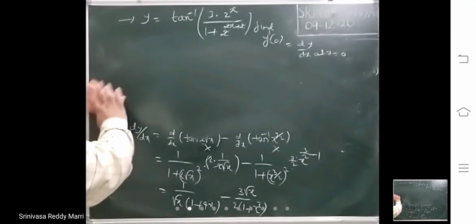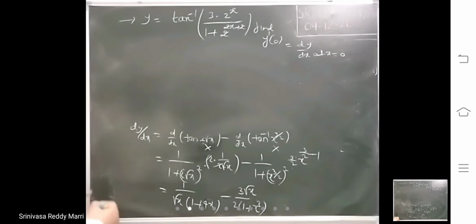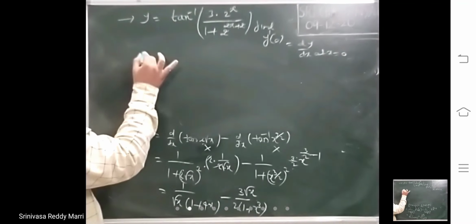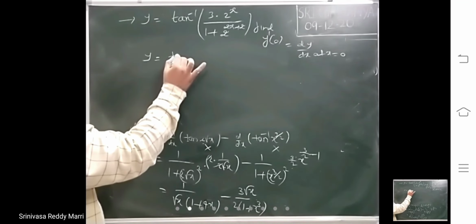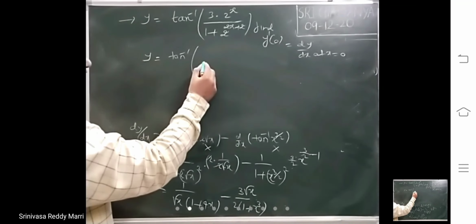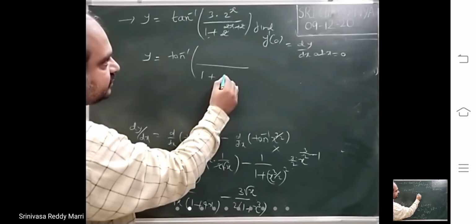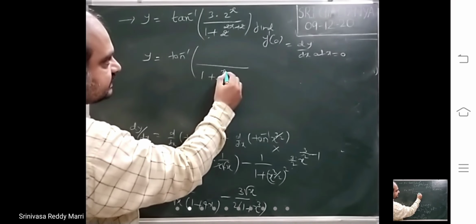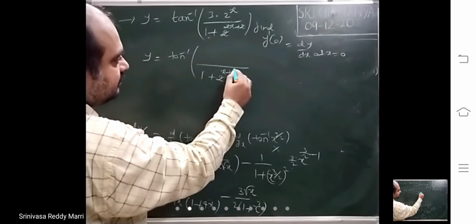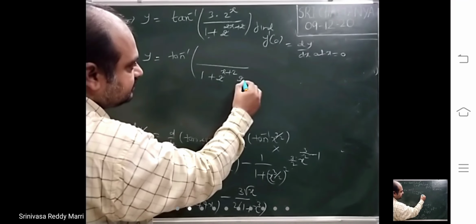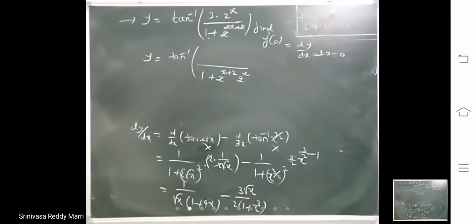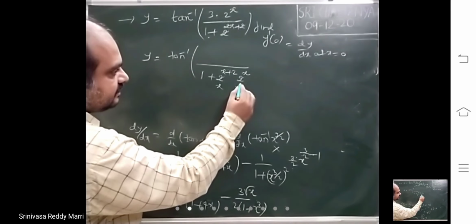Now there is a big tan inverse expression. My target is converting it into x minus y divided by 1 plus xy. Look at how I am following it. First I will adjust this as x into y. I am writing 2 power x plus 2 into 2 power x like this. This is x, this is y.